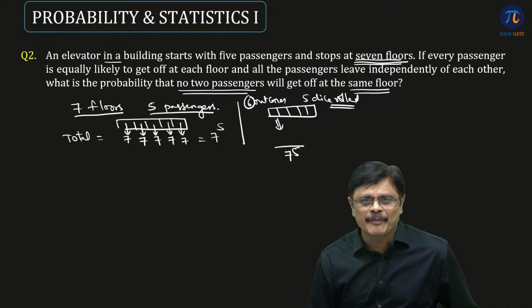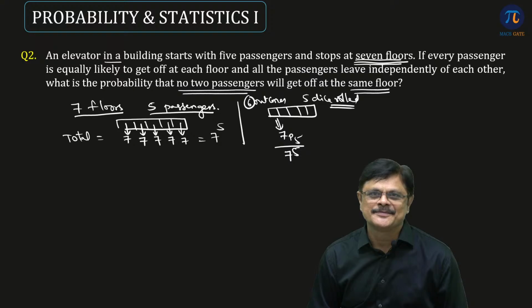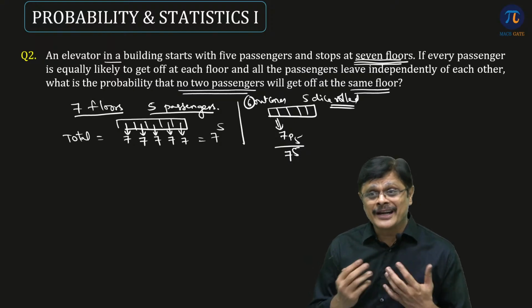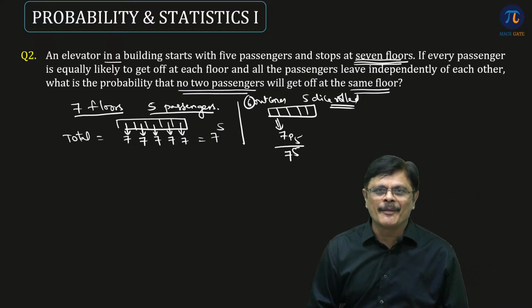7 power 5 and it is 7P5. That is the answer for this problem, my dear friends. With analogy, I can solve the problems. This is one very interesting methodology, my dear friends. If you understand this problem is equivalent to what problem, and if you know that problem already, no need